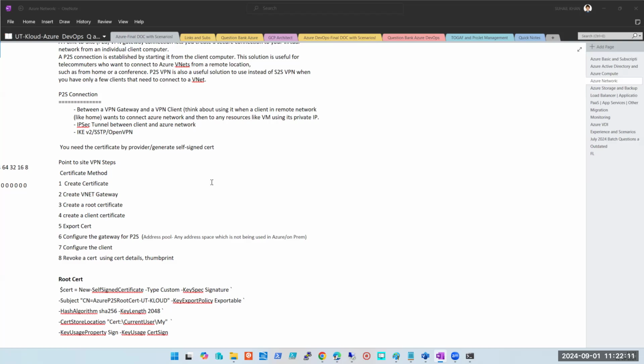All these 3, 4, 5 steps I will show to you. Even if you don't understand this properly, it's okay. Sometimes you get a team that does the certificate work for you, but you should understand the process at least. You should be able to speak about these 7-8 points. No one else is going to share his or her computer and screen with you, saying, okay, let me create a certificate for you. No one is going to do that, right? But you should know. Then we'll have to configure the gateway for point to site, and we'll have to configure the client. Okay, this is what we have to do. I'll be showing it to you.